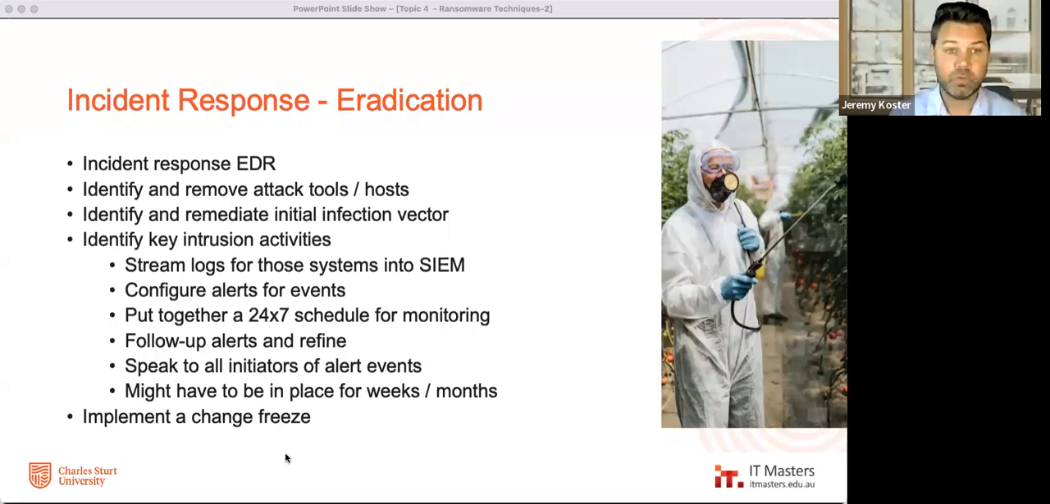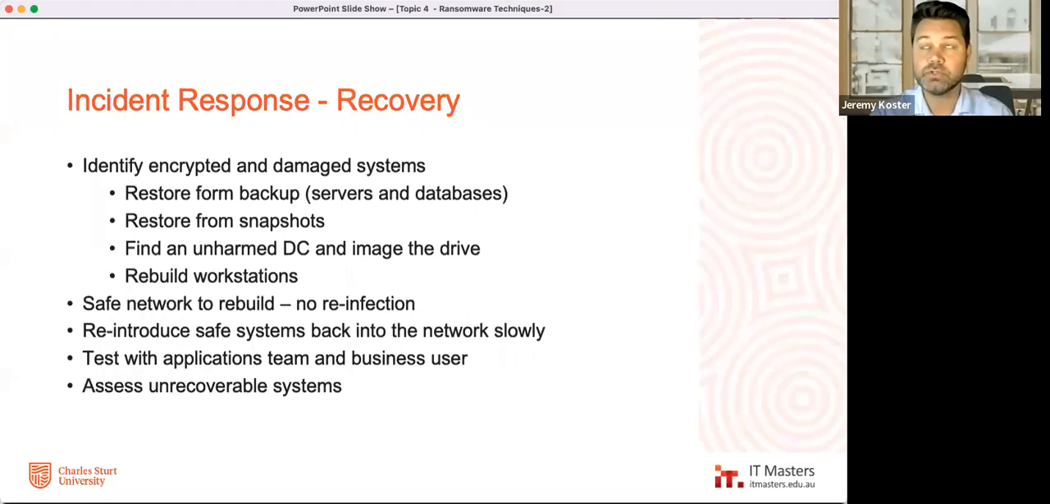All right, recovery. So recovery is a massive topic, and you could spend a lot of time trying to figure out how to recover all applications and infrastructure in a way that is meaningful for all organizations, which is relatively impossible. So we'll go through the principles. You basically want to be able to restore from backup, snapshots. You want to be able to identify encrypted and damaged systems, and you want to be able to find an